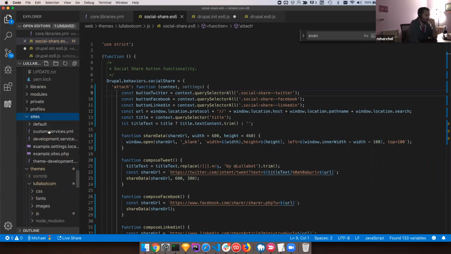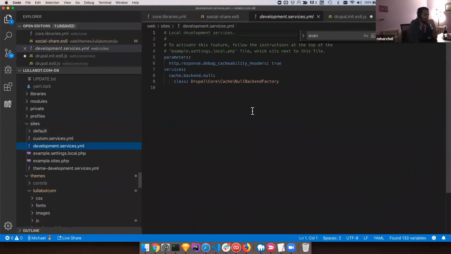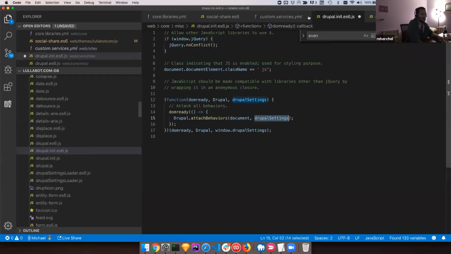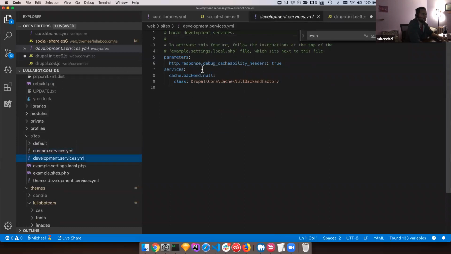So if you go under sites, the Drupal sites folder, core ships with this file called development.services.yaml. And you can add additional things to this. You can add things like Twig debugging and other things. But the problem is if I have this right here, if I were to go into my development.services and add